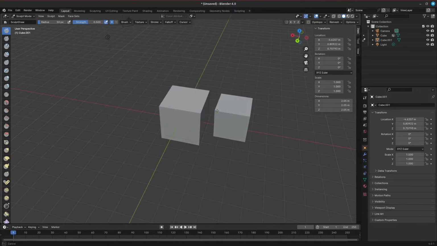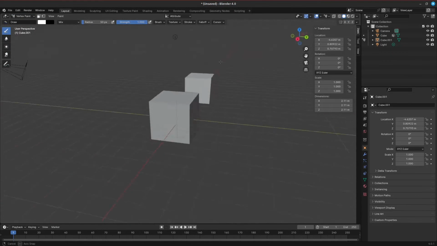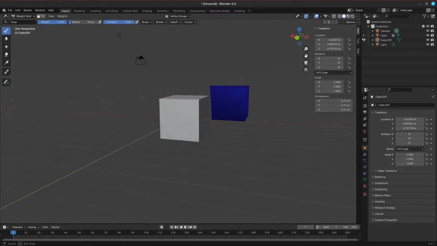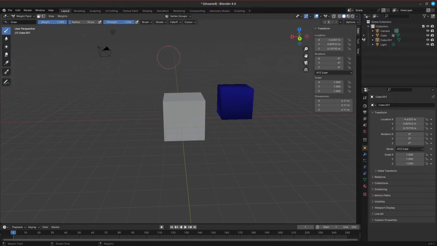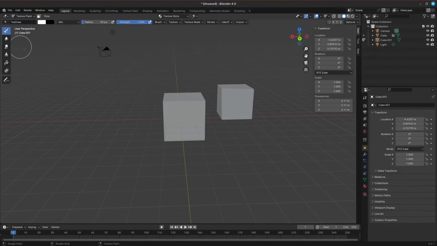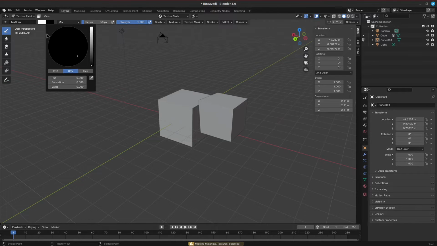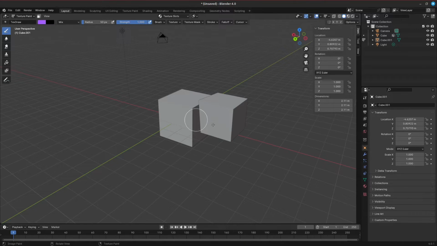Vertex Paint Mode, a mesh-only mode that allows you to set your mesh's vertex colors, i.e. to paint them. Weight Paint Mode, a mesh-only mode dedicated to vertex group weighting. Texture Paint Mode, a mesh-only mode that allows you to paint a texture directly on the model in the 3D viewport. And a few others that you won't see here in this video, but there are also Particle Edit Mode,